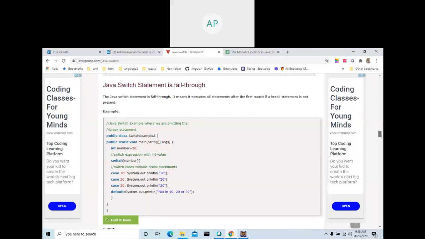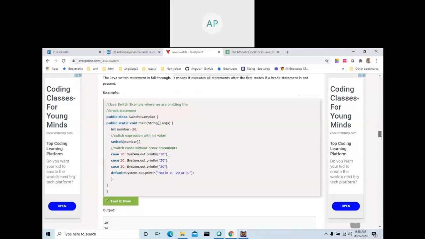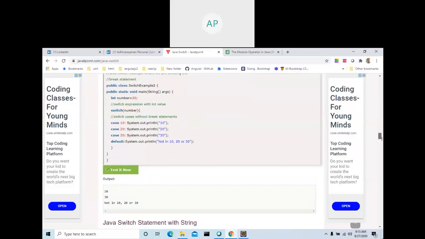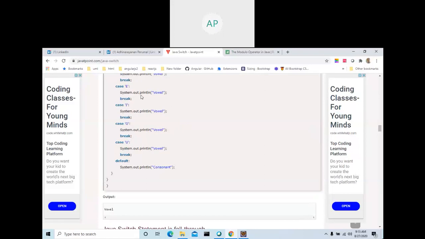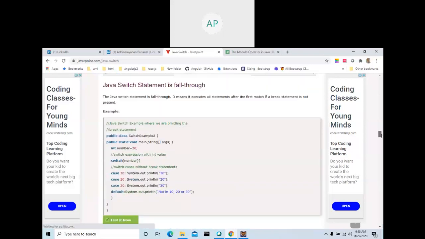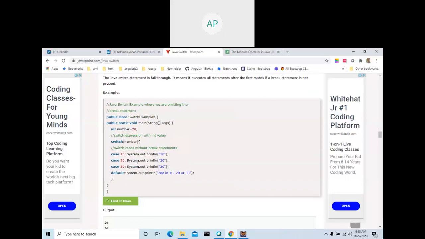The Java switch statement, if it fails to break, it means it executes all the statements after the first matching statement if the break statement is not present. Number 20, case 10, 20, 30, default. What's the difference between this and this break? If you are not going to put a break, then it will try all the conditions.